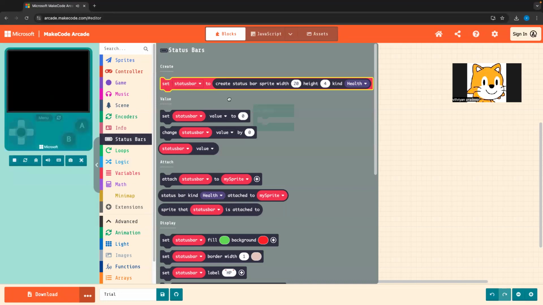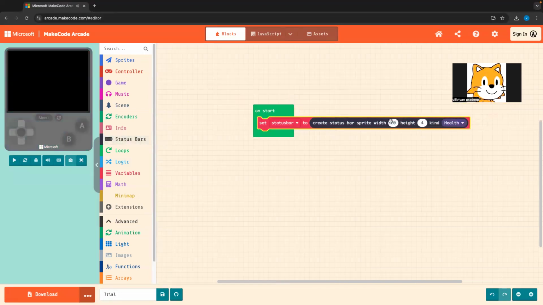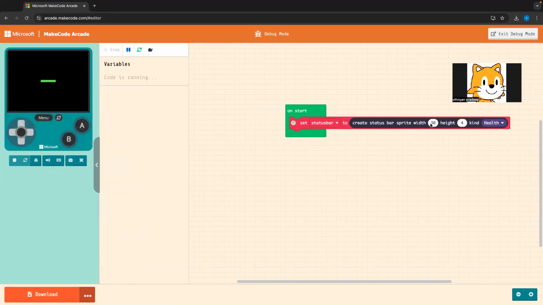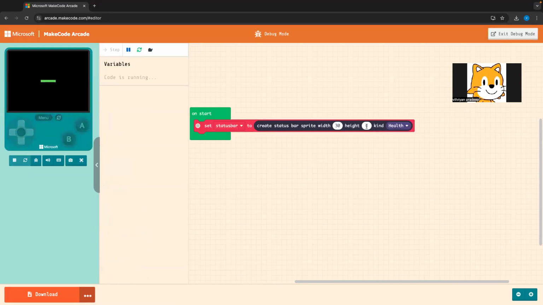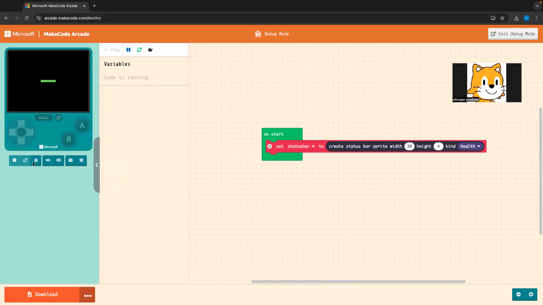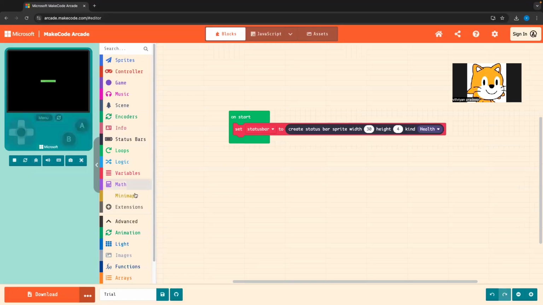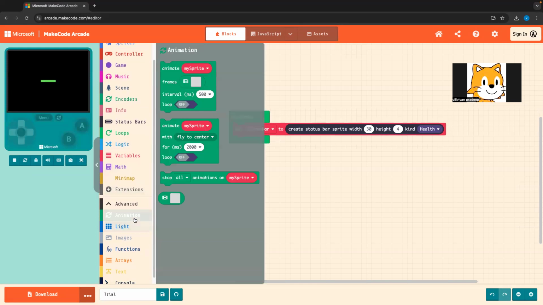So set status bar to create status bar. Blah, blah, blah. So basically, what that does is this: width is how long it is, and height is how tall it is. Health, yeah. So after that,